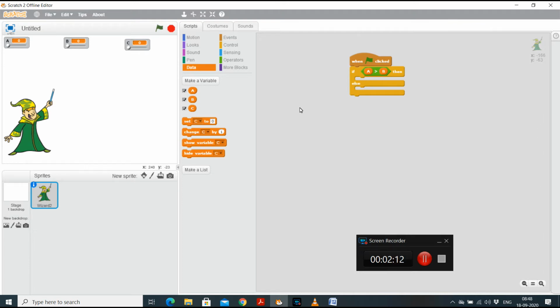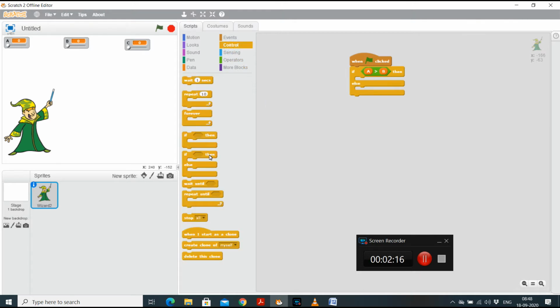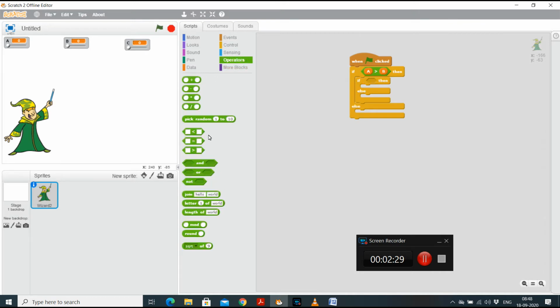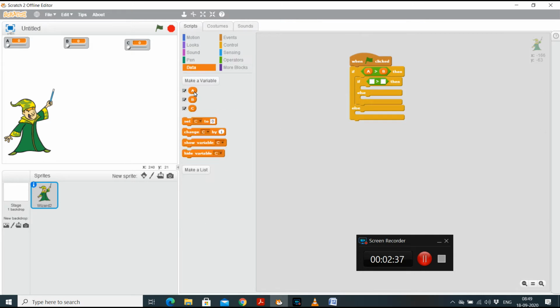So I have to again insert if condition within this and put it here. So A is bigger than B. Now I have to compare A with C. So let me select the operator and put greater than condition here. Now I have to compare A with C. So let me bring A and C here.